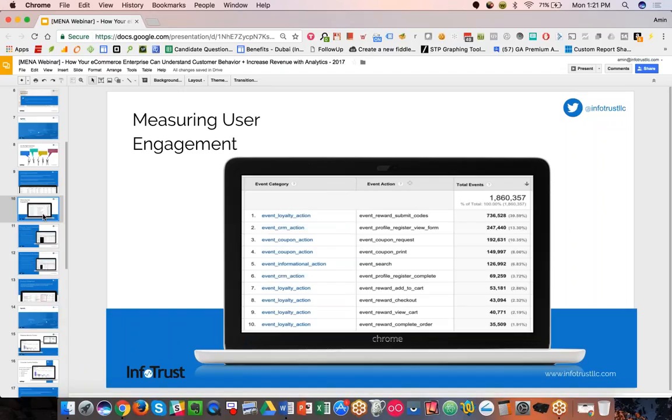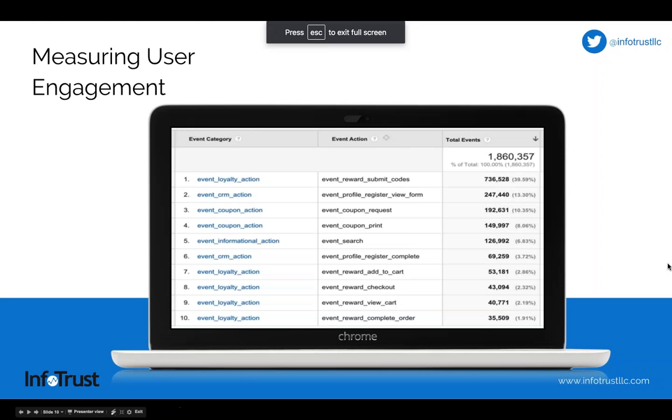Another is with understanding or measuring user engagement. This one is a pretty quick example, and hopefully most of you on the call have some sort of tracking enabled already to understand not only where people are coming from or what pages they're looking at or what they're purchasing maybe, but what are they doing in between? What is the consumer journey? What kind of interactions are users having with your site or mobile app that leads up to an ultimate conversion? In Google Analytics, these are called events, but really any analytics tool can capture and track user engagement or user interactions.